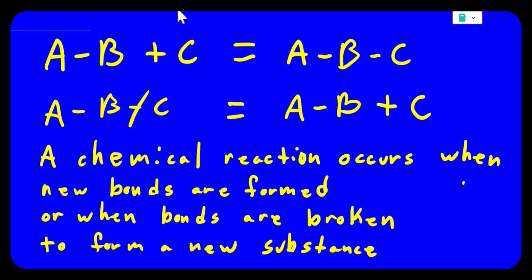So to answer the question, what is a chemical reaction? We can say that a chemical reaction occurs when new bonds are formed, like right here, or when bonds are broken, like right here, to form a new substance. We said that a chemical reaction occurs when new bonds are formed or bonds are broken to form a new substance. Let's take a look at exactly what it means to form a bond and to break a bond using